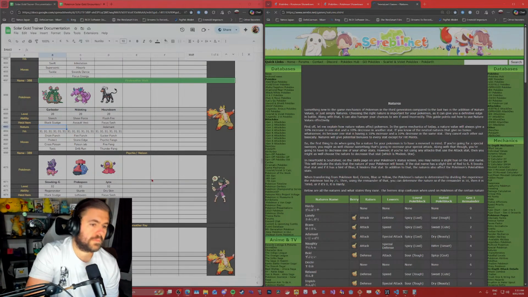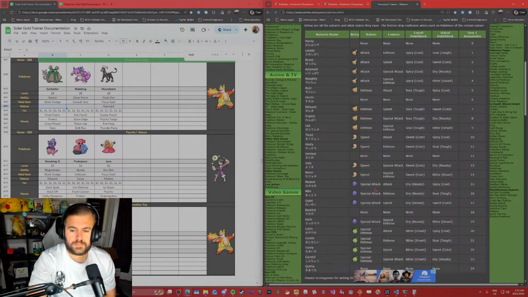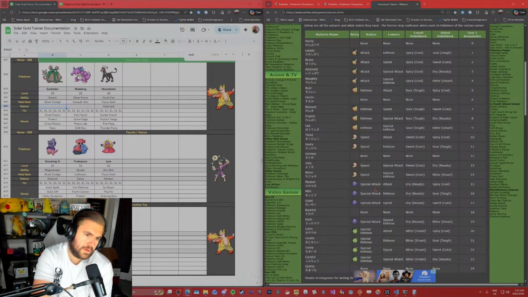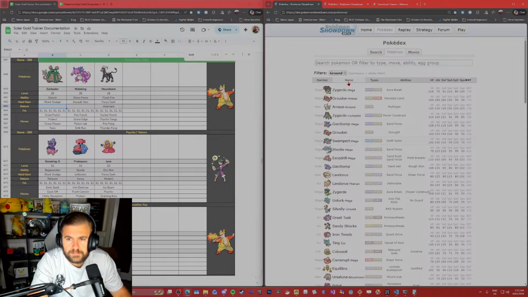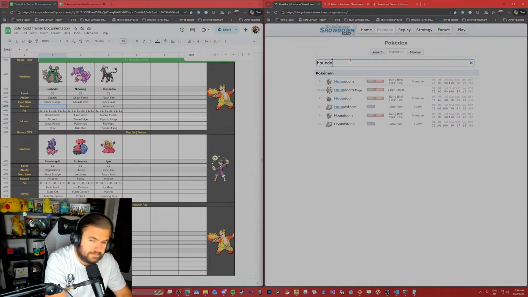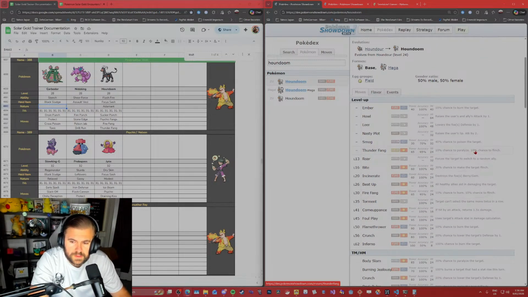Here we go. Now I could make Houndoom special instead of having three physical ones. I don't know why he's been set up to be physical.